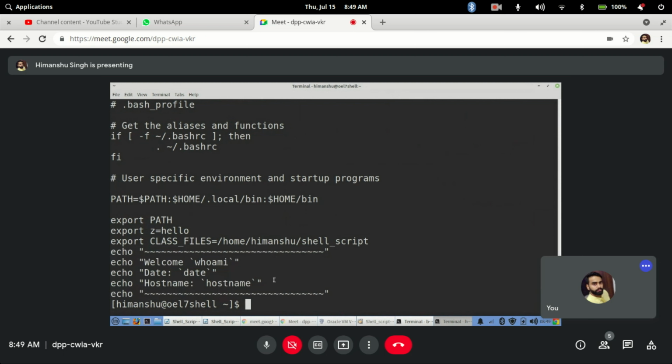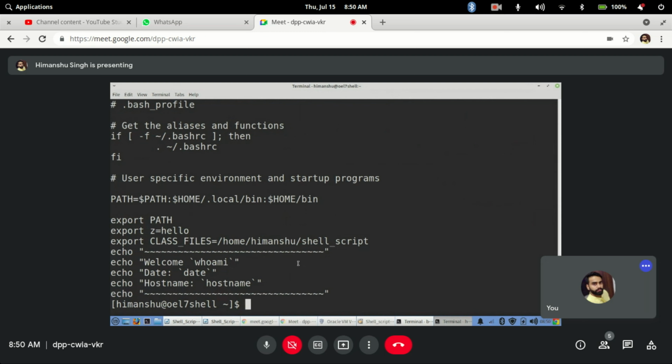Okay. Now next, we have defined that in a specific file. Now what we want is that I don't want to define it in bash profile. So many times in real time, you don't want to define in bash profile. You want some custom environment files to be created. When I am saying environment files, it is just a terminology that we normally use. That environment file will contain environment specific variables, but those are custom variables. Those are not seeded variables, those are custom variables that I want to define.